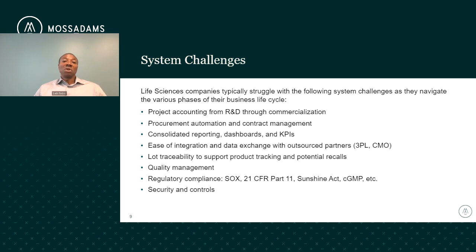They struggle with lot traceability to support product tracking and potential recalls. We see them struggle with system challenges related to quality management for safety, regulatory compliance, especially when it relates to 21 CFR Part 11, is another area where we find life science companies' systems lacking. And that's not to mention security and controls. In this age of cyber intrusion, access security becomes very important, and so does financial process control. And oftentimes, the systems we see life science companies use struggle with